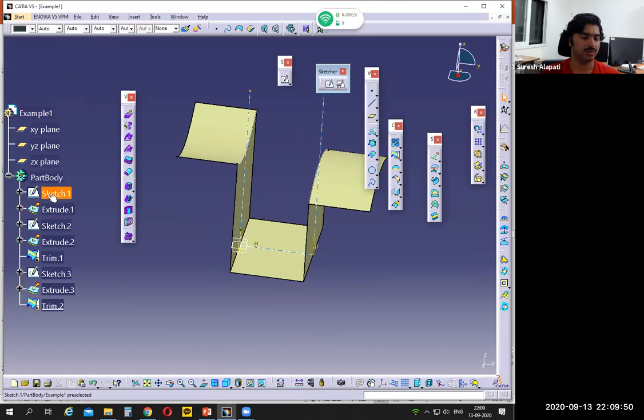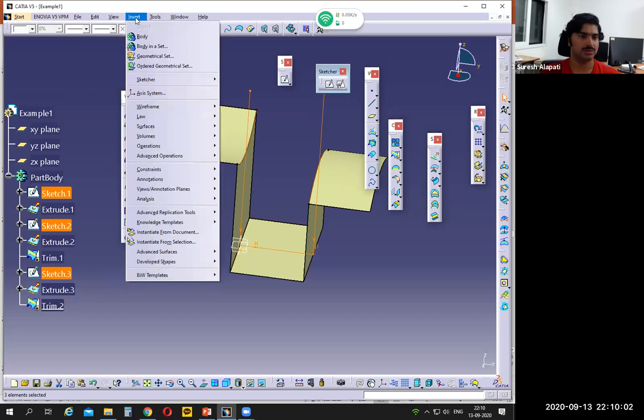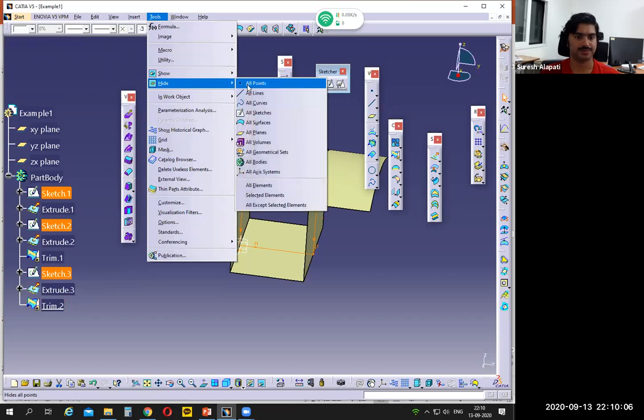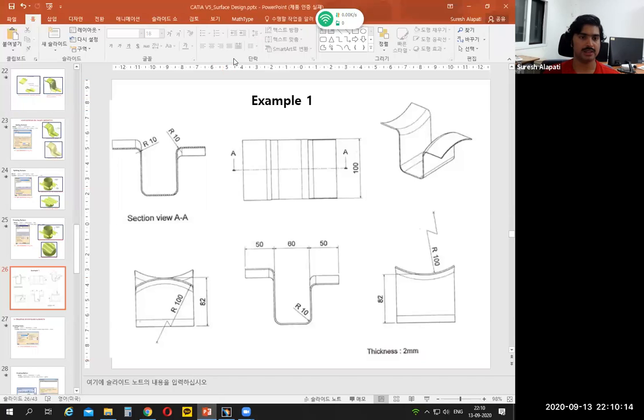If you want to hide individually, select individual sketches and hide, or you can go to view, tools, and hide all sketches at a time. Okay, hide all sketches at a time. Yes, now what remained is,